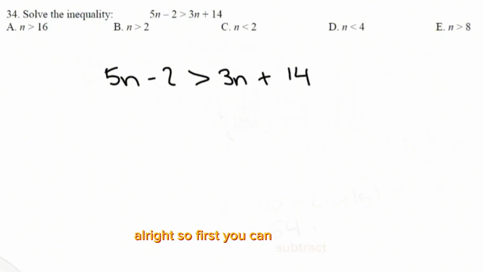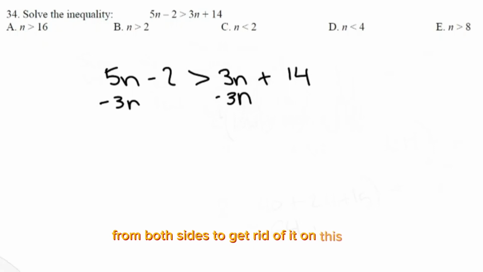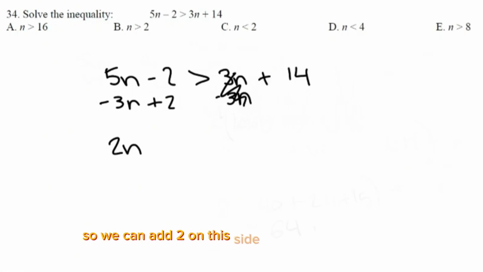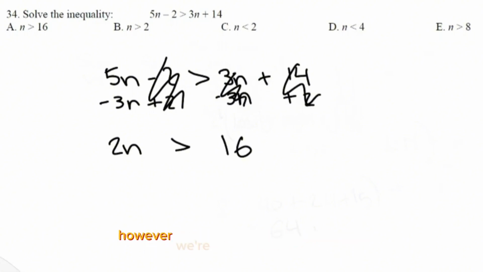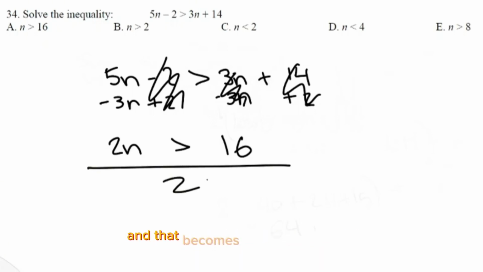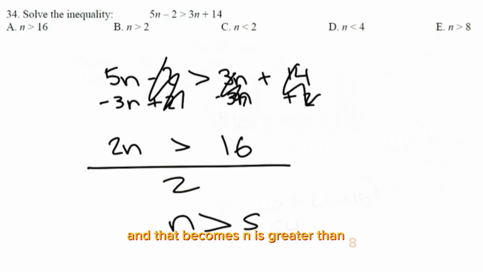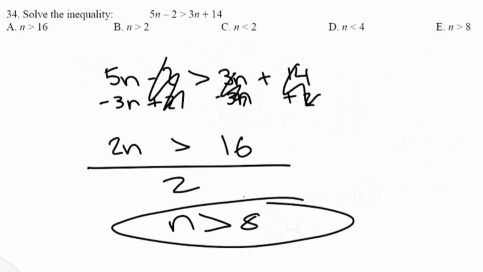Alright, so first you can subtract 3n from both sides to get rid of it on this side. So this cancels out and this becomes 2n. Next we can do the opposite. So we can add 2 on this side and add 2 on this side to cancel out this 2 and make this 16. So we get 2n is greater than 16. However, we're just looking for what n is. So we can divide out the 2 and that becomes n is greater than 8, and that's your answer. Next,